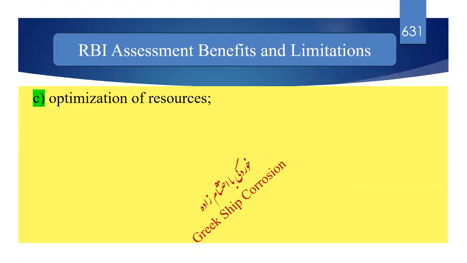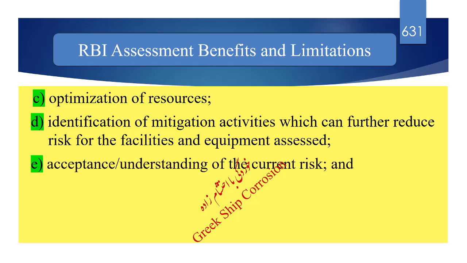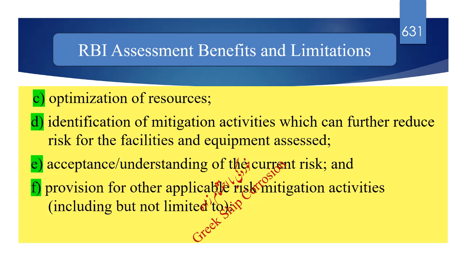C. Optimization of resources. D. Identification of mitigation activities which can further reduce risk for the facilities and equipment assessed. E. Acceptance, understanding of the current risk. And F. Provision for other applicable risk mitigation activities, including but not limited to